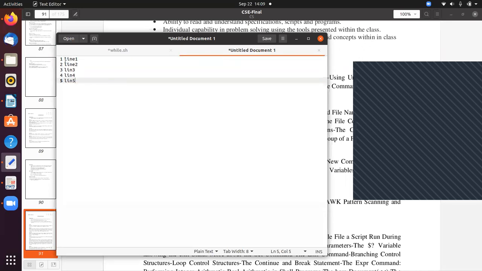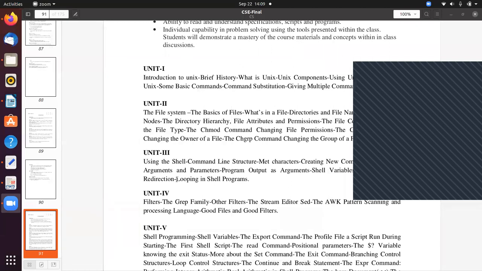Thank you. Okay, that means there are two: one is branching, another one is looping. By using these two, you control the execution of the program. Coming to branching and looping, we will discuss them in detail in further classes. In today's class, we are going to discuss looping.